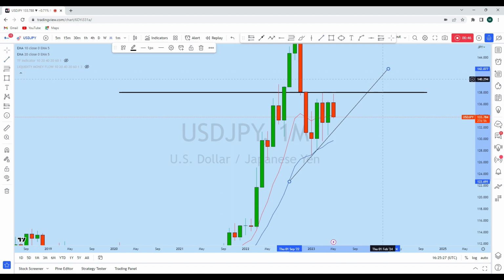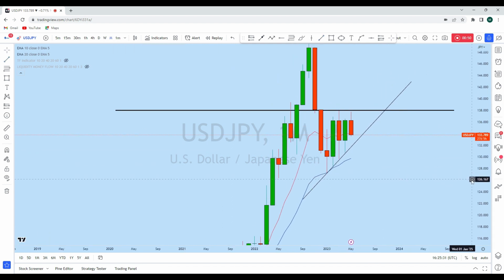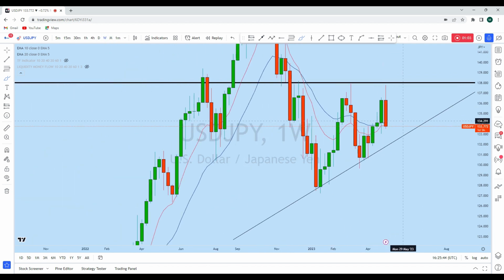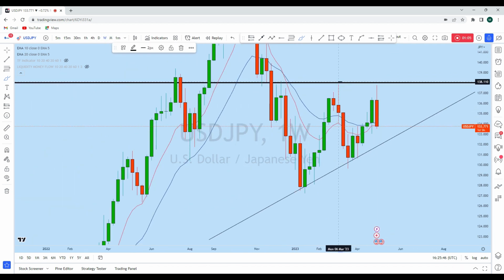We saw that quite a few monthly candles have formed this trend line, and highly likely that as dollar yen has failed to create a new higher high, we might see this price coming down to create a new lower low. If you look at the weekly time frame, we can see that there is a long wick doji here